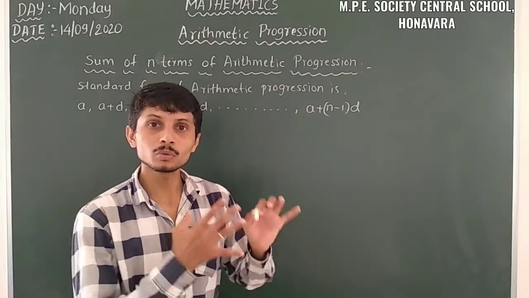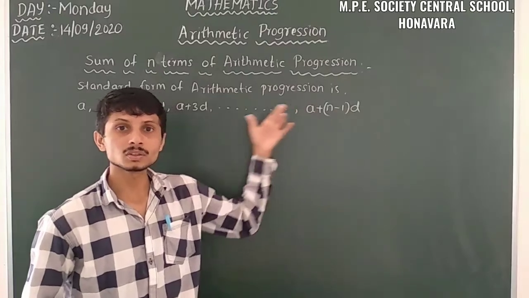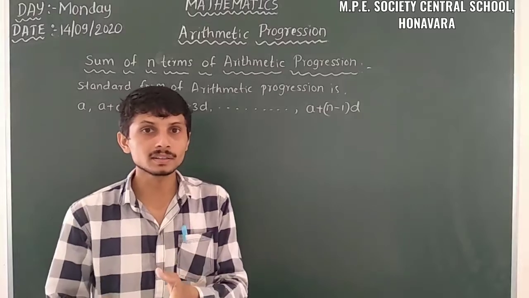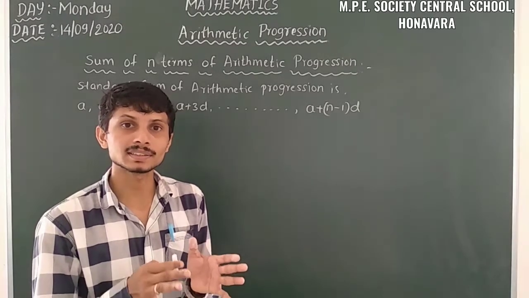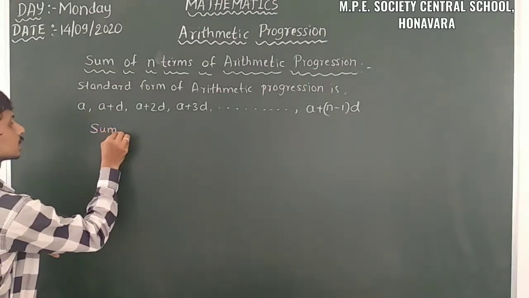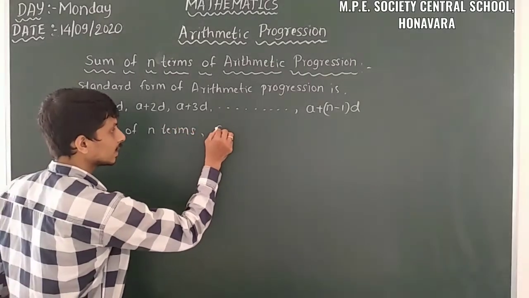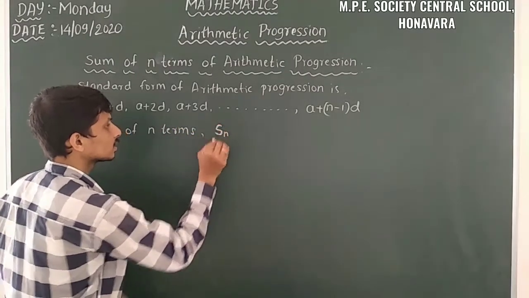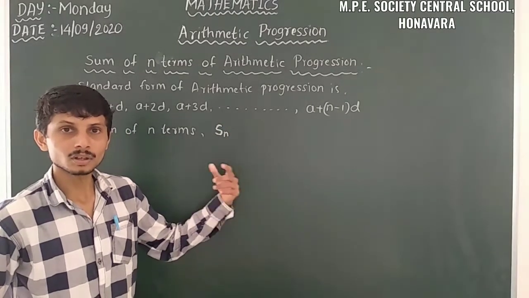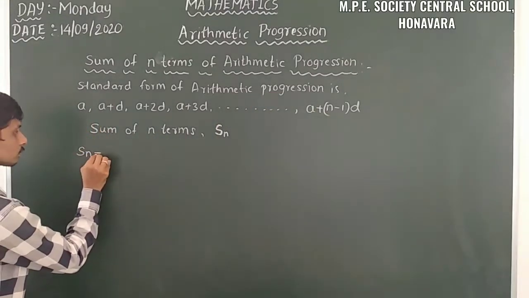So here we have to find the sum of n terms. The nth term is a plus n minus 1 into d. So we have to add all those terms. I will call the sum of n terms Sn. That means, just observe, it is the sum of n terms. So firstly we have to add all these terms. Yes. So here Sn is equal to